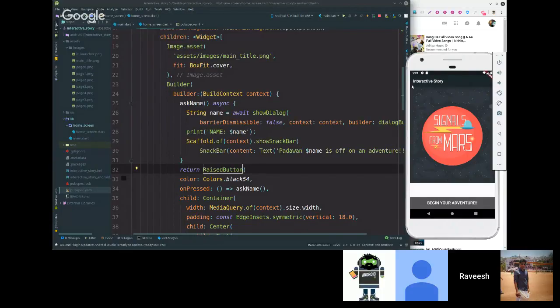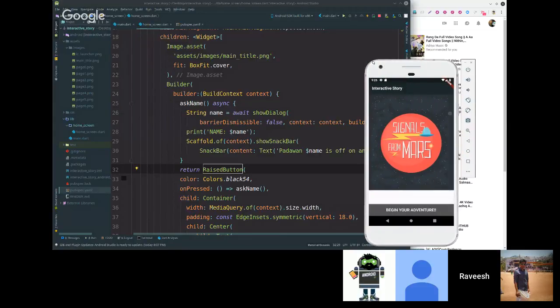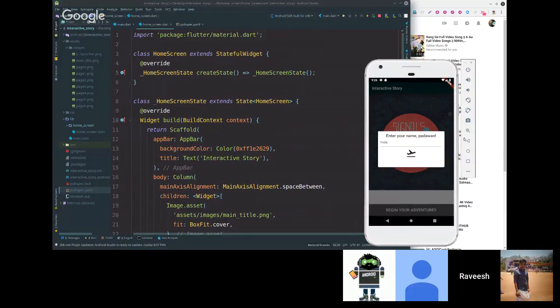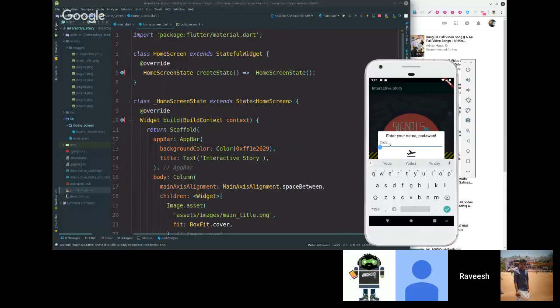Okay, so we have been able to make our home screen. What's the time right now? It's 9:24 already. So let's leave this session for now. What we were able to cover was we could build the home screen, customize our buttons, load an image, import all the assets, and then we made the first page interactive, where the moment we press the button, a dialog appears and we have this dialog where we can enter our name,